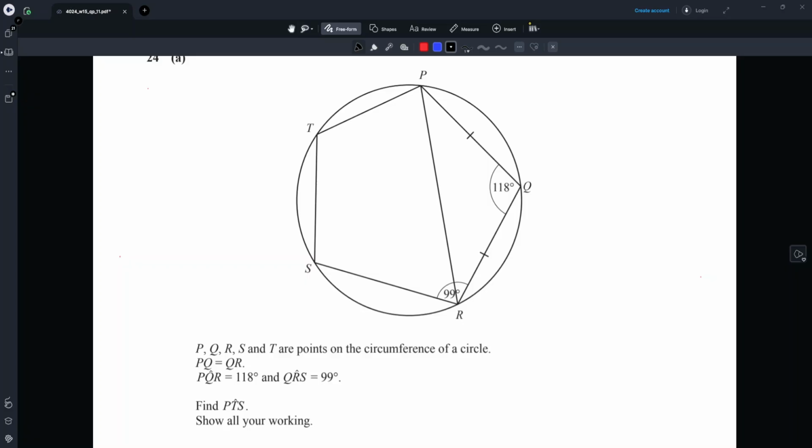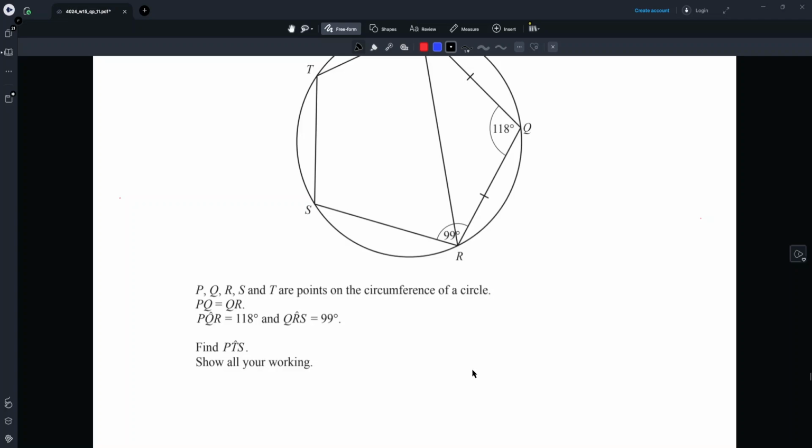Now I'm not sure what it means by showing all your working because the mark scheme does not state too much about it. Normally you're not supposed to write down the reasons for why you are showing a step in circle theorem. In circle theorem, you get the idea. So as a result,